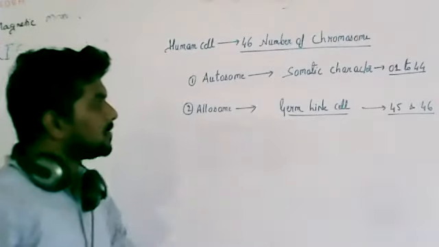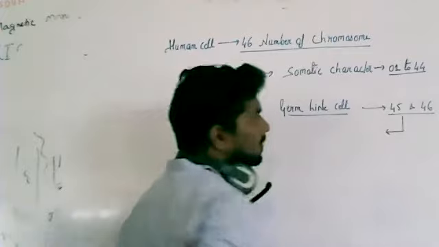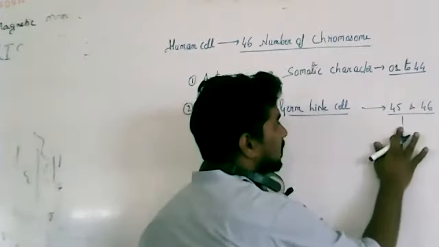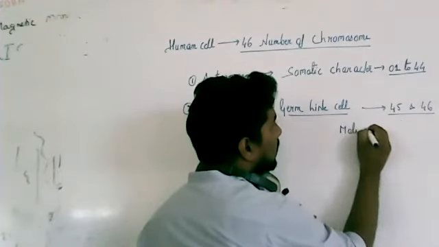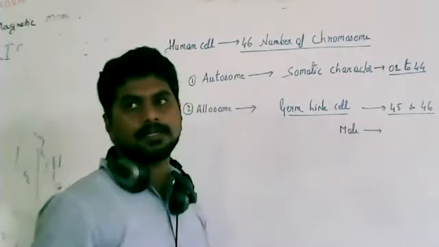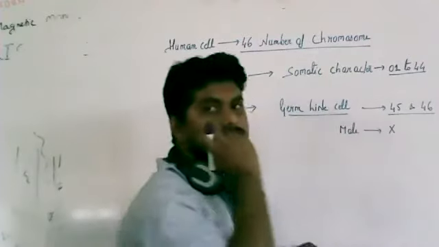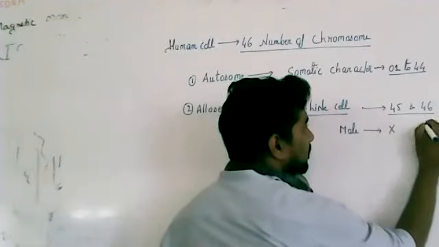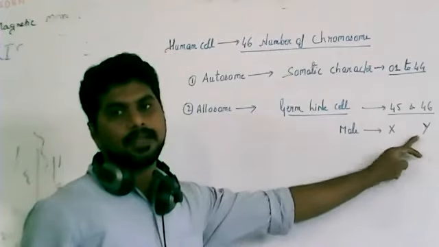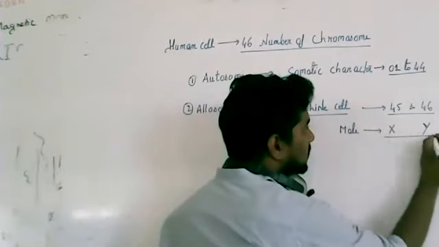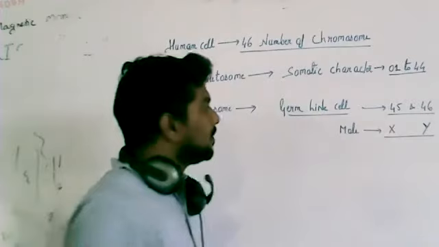This will decide the sex of an individual, 45 and 46. Now how they decide the sex of an individual is, the last two chromosomes will decide whether it is a male or a female. The 45th would be X in case of male, and the 46th would be Y. 45 is X and 46 is Y. So if XY is present on the last two chromosomes, that is the 45th and 46th, that is considered male.